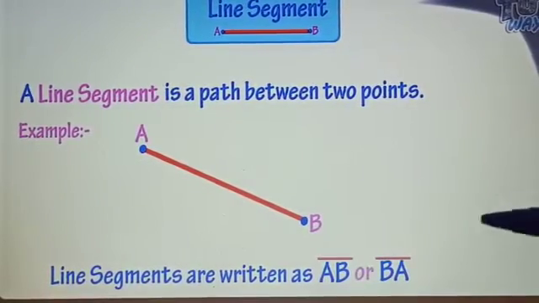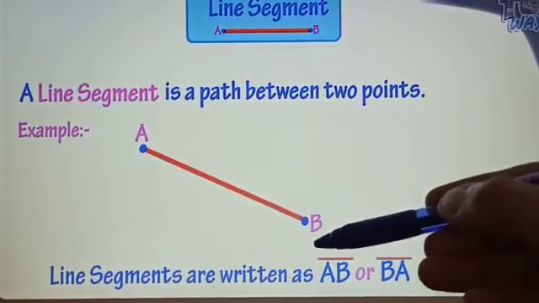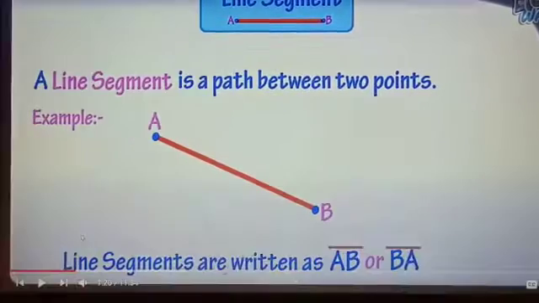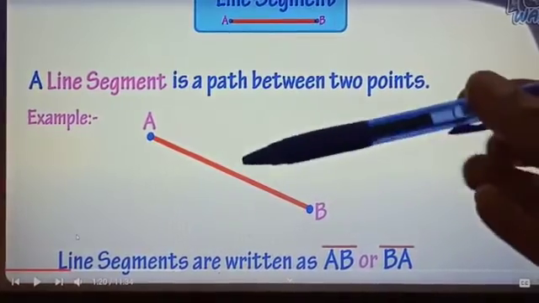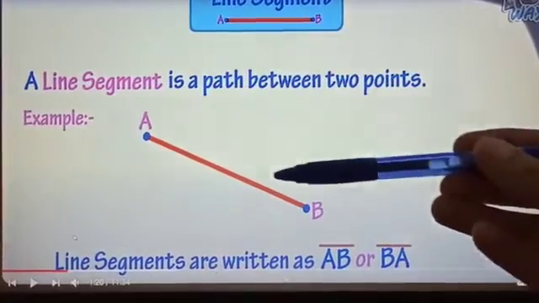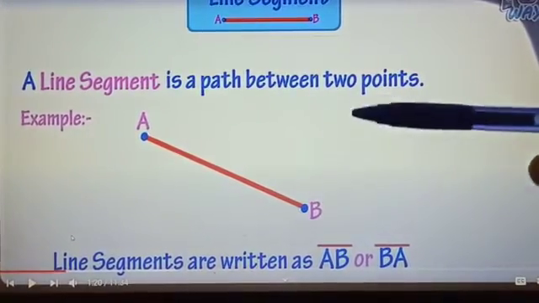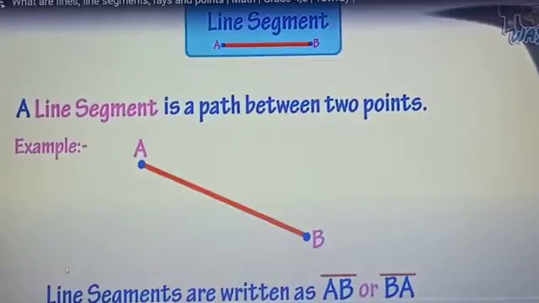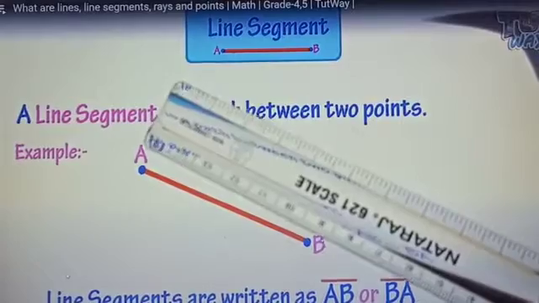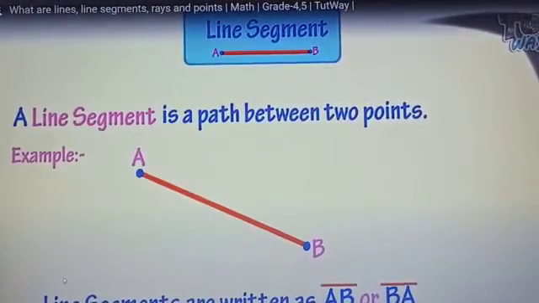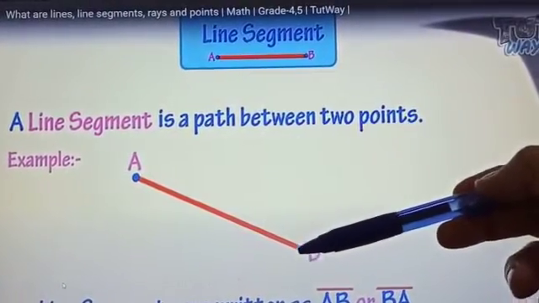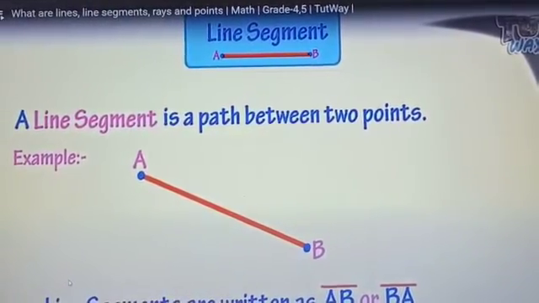And it is written as AB or BA and we have to draw a bar above it. Okay, this denotes line segment. Moreover beta, this line segment has a definite length. We can measure the length of this line segment with the help of ruler. See beta, a simple ruler is used to draw any line segment. Line segment has two fixed points, for example A and B, which are called as endpoints.